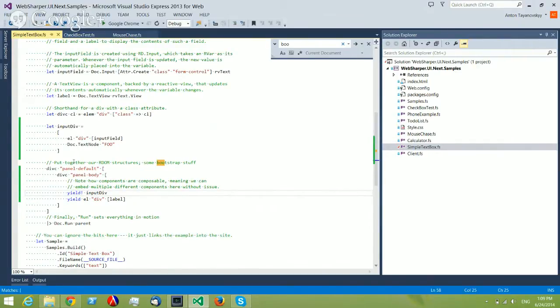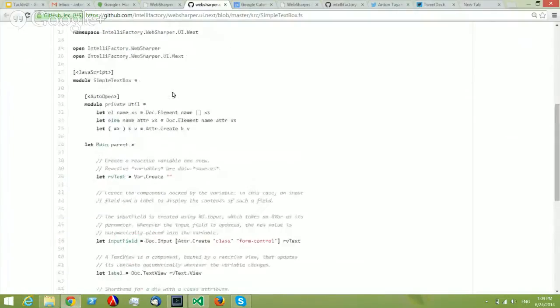We realized that since we are never pattern matching on these HTML fragments we create, we only create them, an excellent idea is to have a monoid for the interface, so that it basically doesn't matter. We can always concat a list of these things into a single thing, and it will just work. And actually, if you go back here,